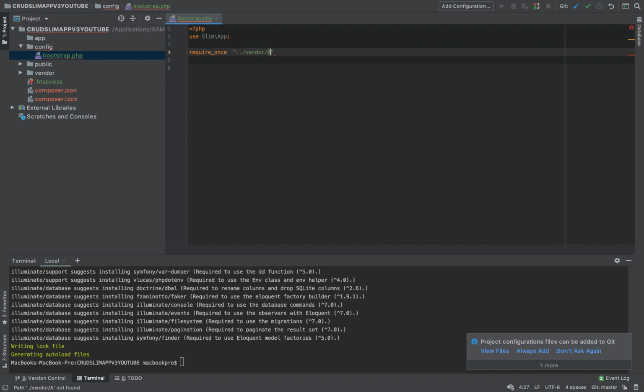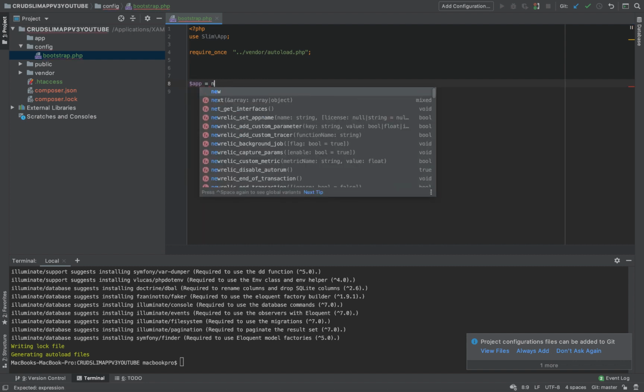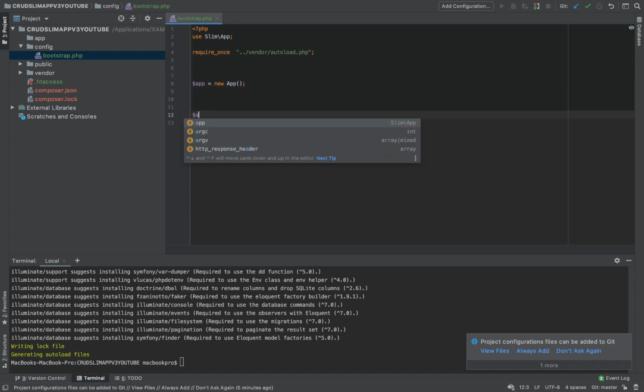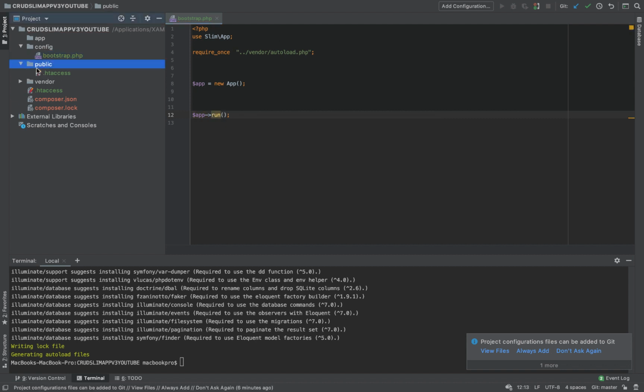And this is autoload.php. And now that we have actually done this, what we can now do is create a new instance of our Slim application, and then I'm going to run this. So if I just run this right now, and now within our